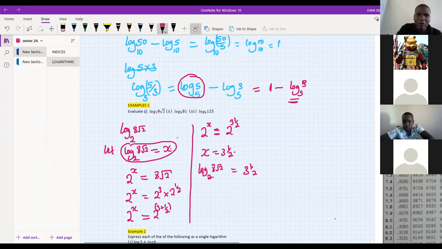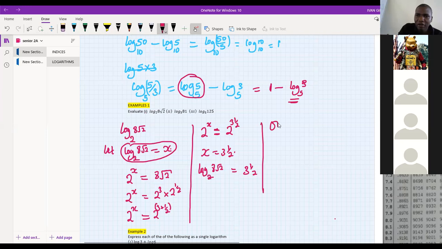Alternatively, you can decide to use the power law. The first one used the definition of logarithms, and he has given us that. Let's also see if the power law will give us the same answer. Power law, if we have